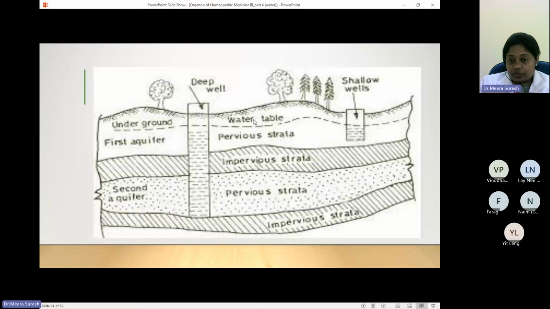So when people are constructing a shallow well, it will always not be so deep. It will be collecting the water from the first pervious strata, or the first aquifer, or in other words, we can say about